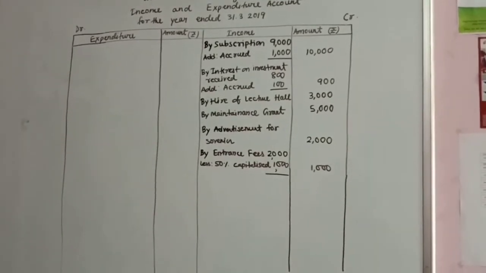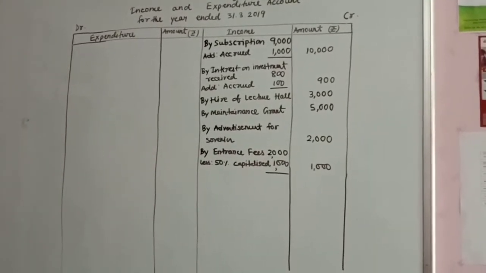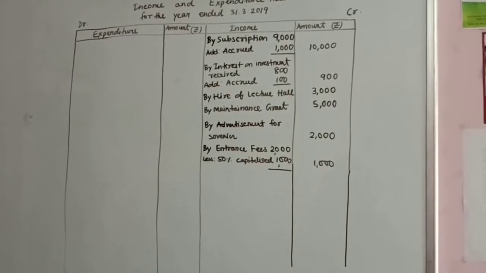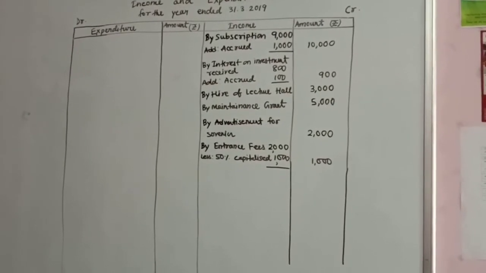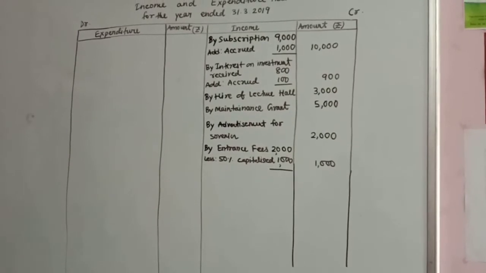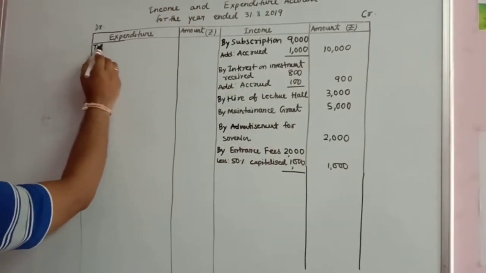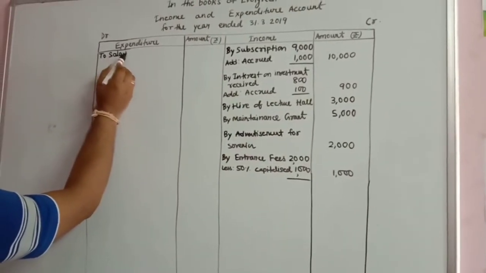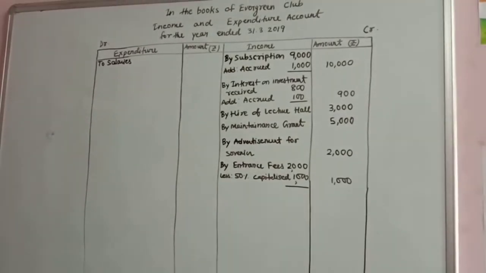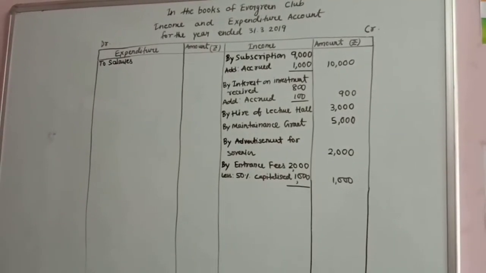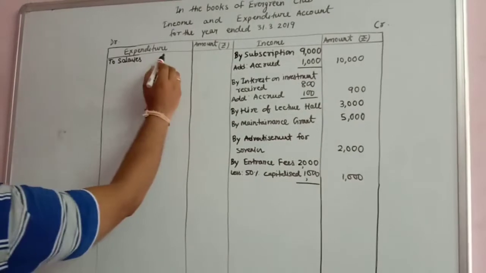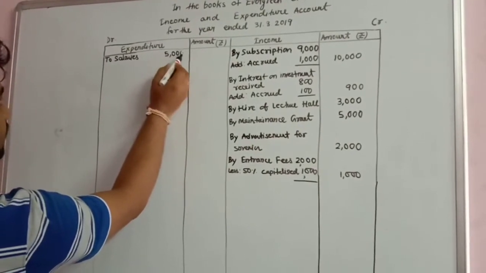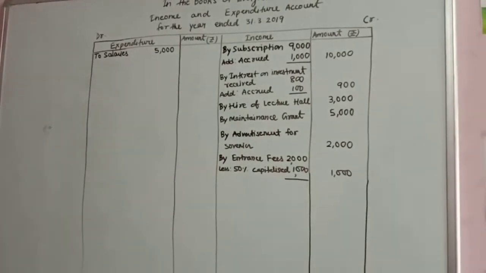So you will have to look at the payments, the item of payments in the question. So the first item of payment you have is salaries. Now you have 2 star mark against salaries. I believe you have put up those star marks in your copies. So the amount of salaries you have in the question is 5,000 rupees. So salaries 5,000. But you see, in this particular question you will find the adjustment.